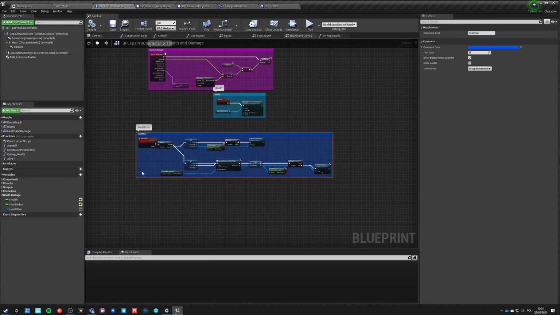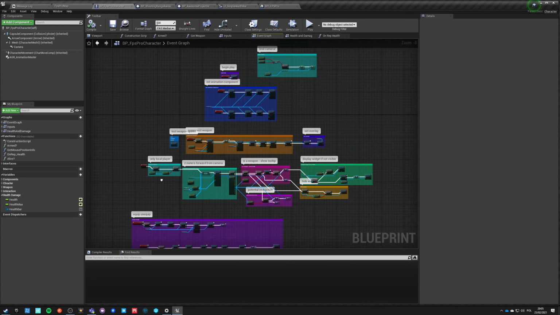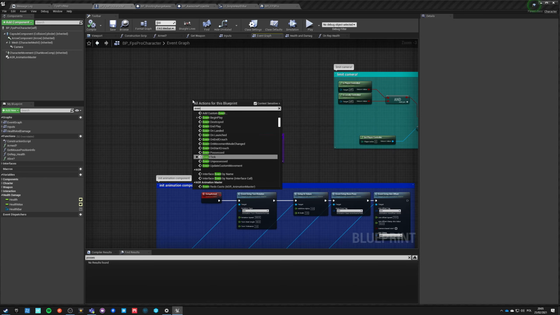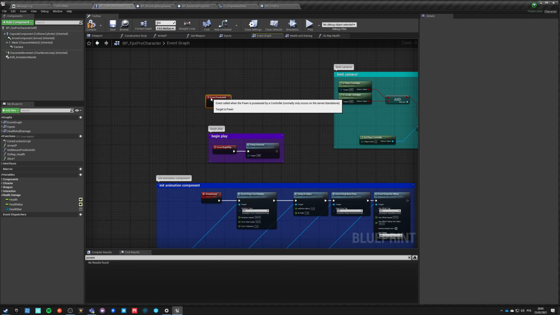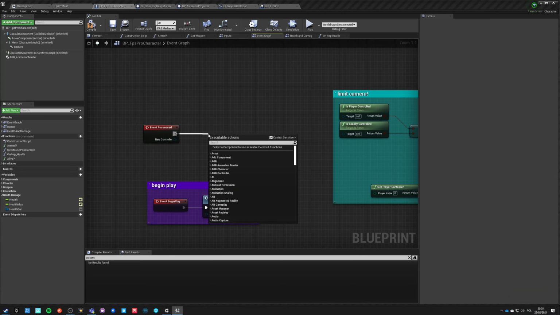Okay, now we need to init this health bar on our possess event, not on the begin play. So this is begin play, and where is our possess? We don't have possess. Oh, we might not have, because we're not using any UI. Okay, so let's do event possess. So when we get possessed, we are assigning this spawn to a controller, so we have a valid controller at this point, and we can just do